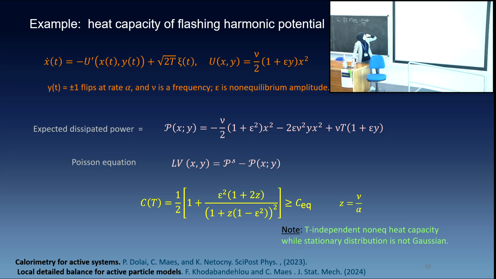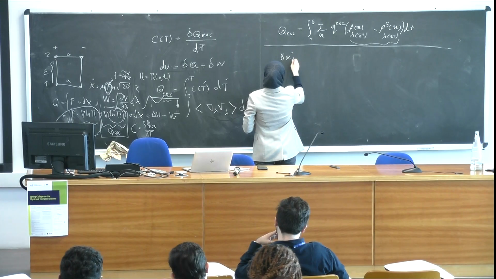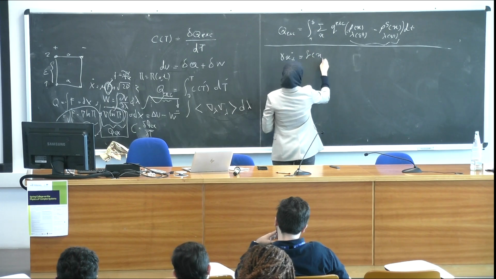The main question here is that I want to establish my Poisson equation to find the quasi-potential. So to find the Poisson equation, I need to find what the heat is. And after finding the heat and solving the Poisson equation, I have the heat and the quasi-potential, and I can find the heat capacity. For any given system, for any Langevin type dynamic,